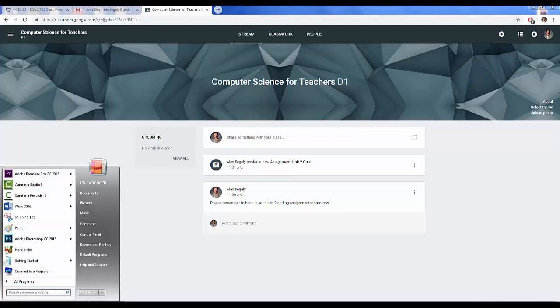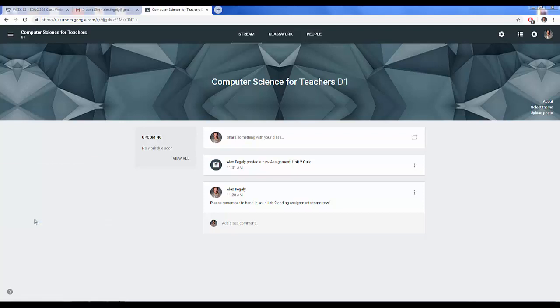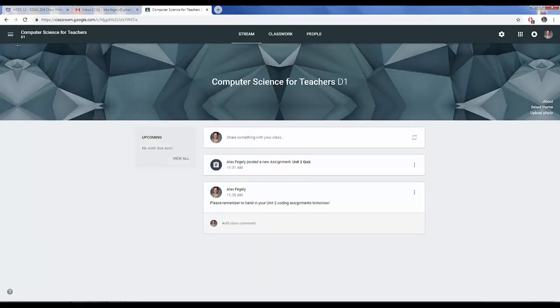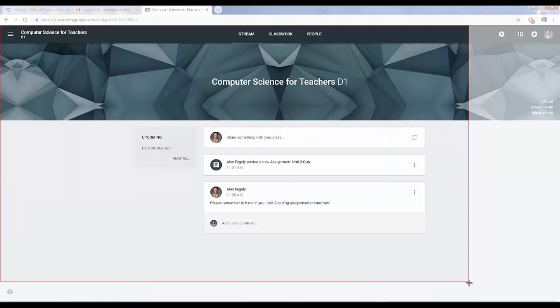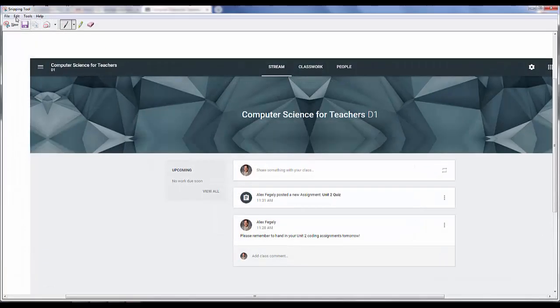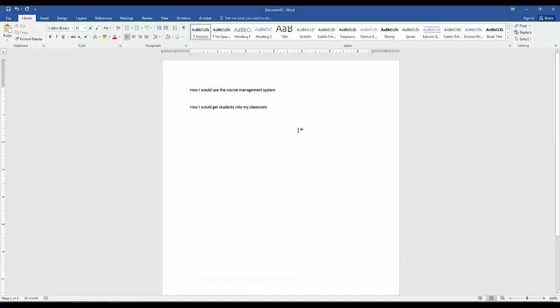To take a screenshot, what you can do is go to your little Windows icon and then type in snipping tool, or if it's one of your previously used tools, it's going to be right here. Next thing that you're going to do is hit new, and then you're going to select the area that you want to take a screenshot of. So I'll do that, and then I can just go copy and I will open up a Word document,